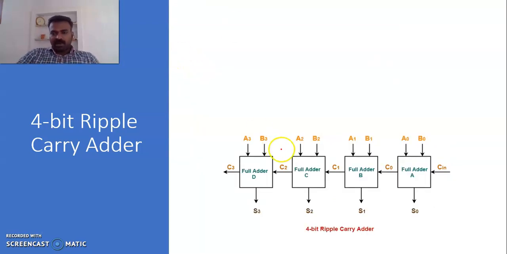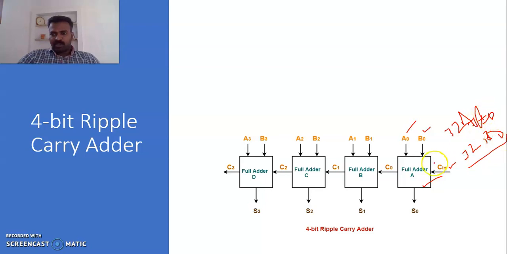And this is the example of a logical diagram for 4-bit ripple carry adder. So for 4-bit we are in need of 4 full adders. 3-bit we are in need of 3 full adders. 5-bit we are in need of 5 full adders. So it depends upon the number of bits, the number of full adders will increase. For the first full adder, inputs are Cin as well as the first bits A0, B0. Similarly A1, A2, A3, and B1, B2, B3.